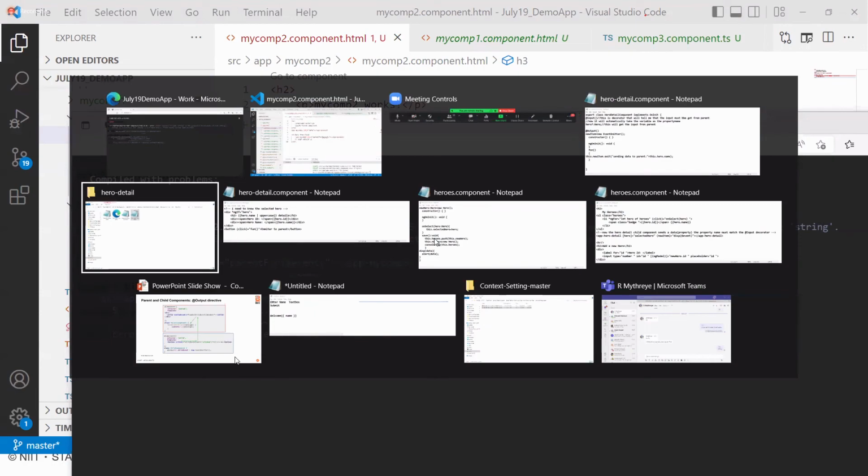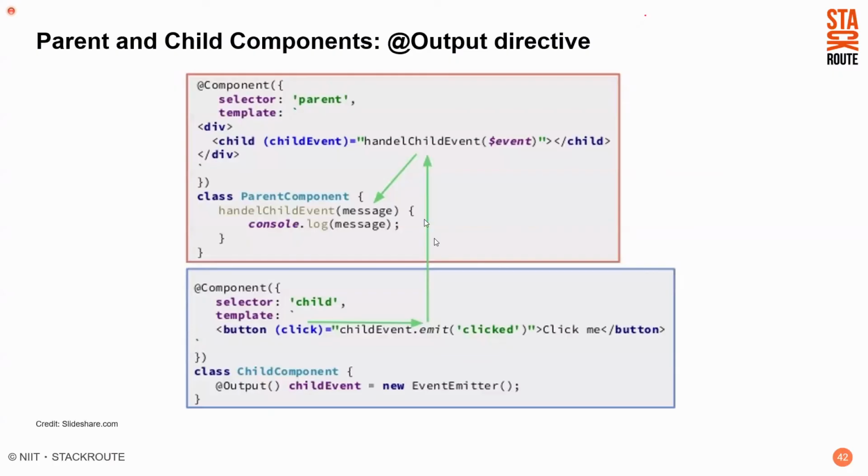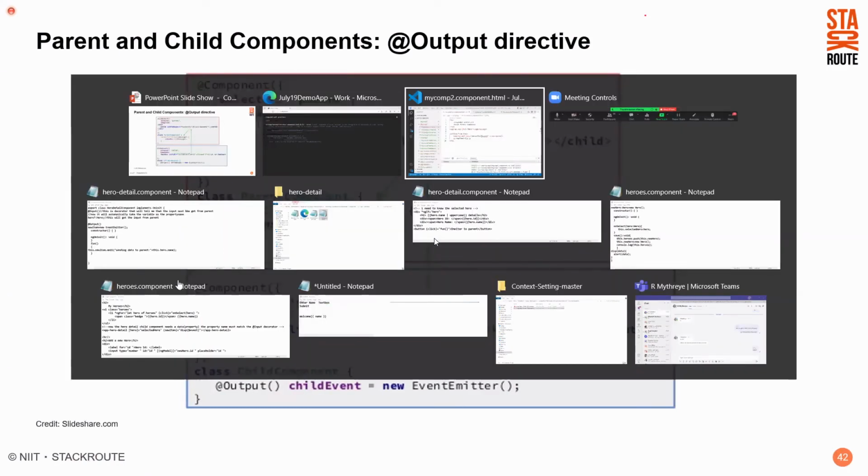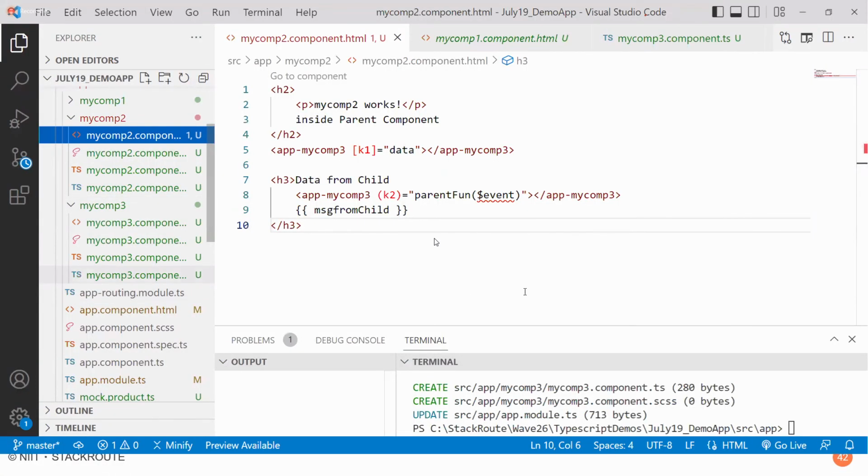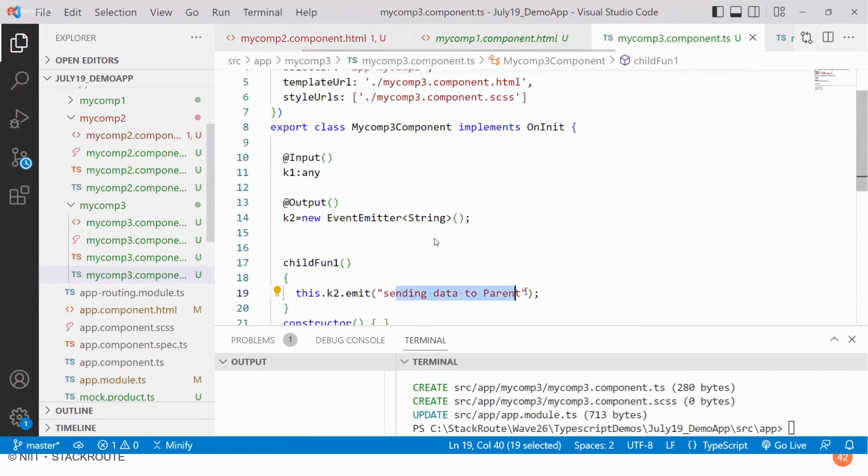Go back to the slide. Same thing I have handled. Instead of message, what will happen if I pass